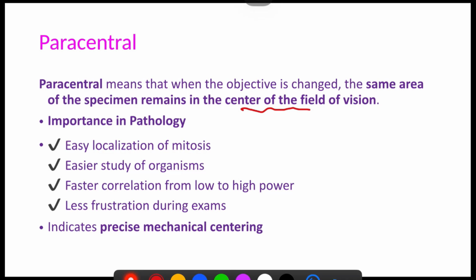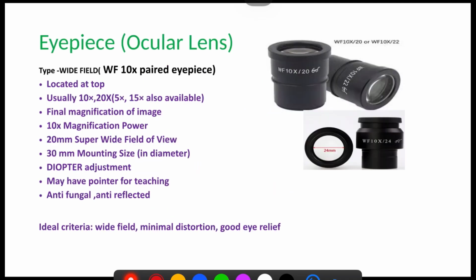So there is easy localization of mitosis, easier study of organisms, faster correlation from low to high power, and it indicates precise mechanical centering. Now let's see all the parts one by one. First is the eyepiece or ocular lens. Most commonly and widely used are wide field, which is WF,